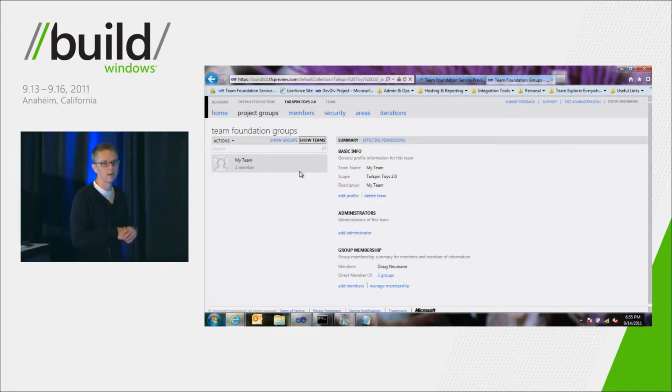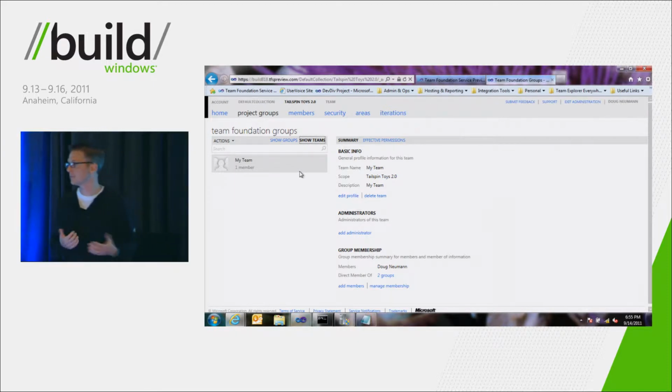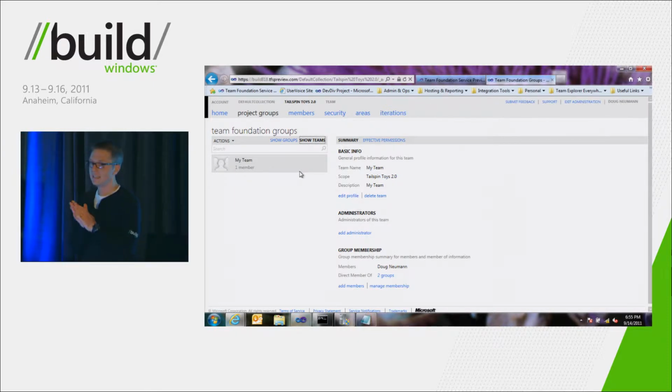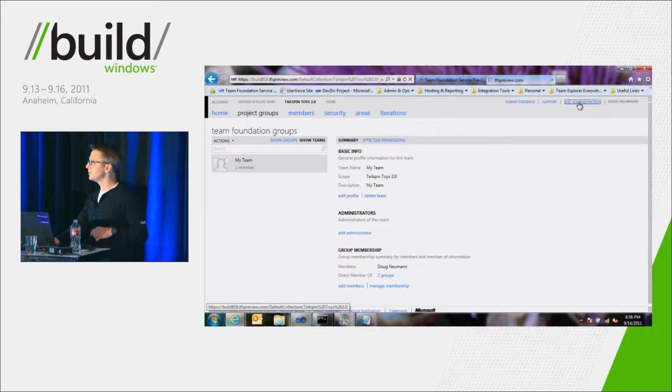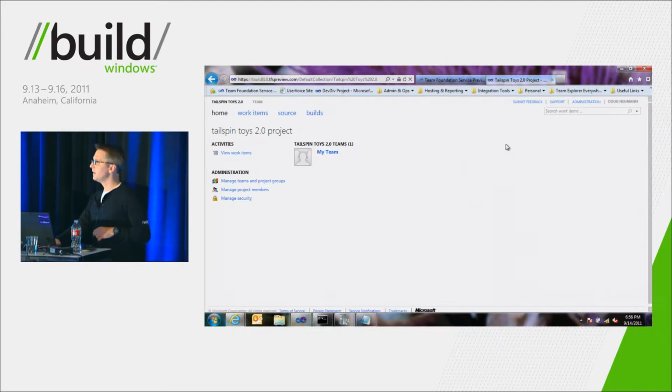So there's other kinds of groups on here as well, and if I click on Show Teams, it'll filter these out. We've got a new concept in the next version of Team Foundation Server called Teams. A team is really just a group that has some special attributes on it. So the idea is that you would want to model your organizational structure with these teams, and then every team gets, I'll exit administration and show you, every team,